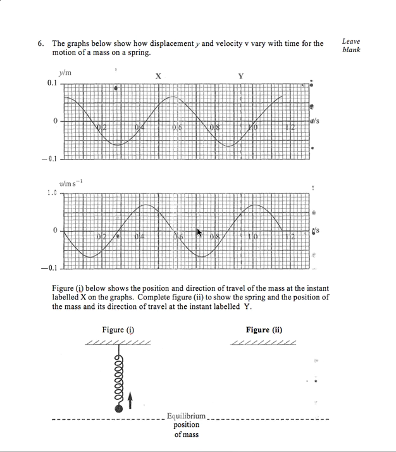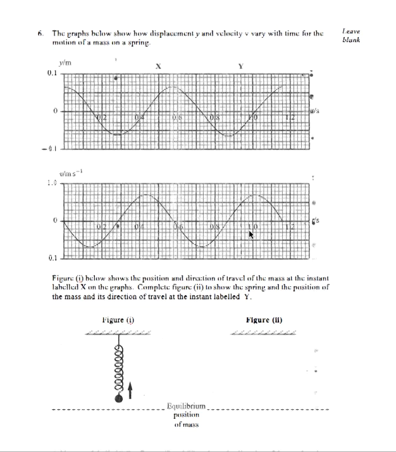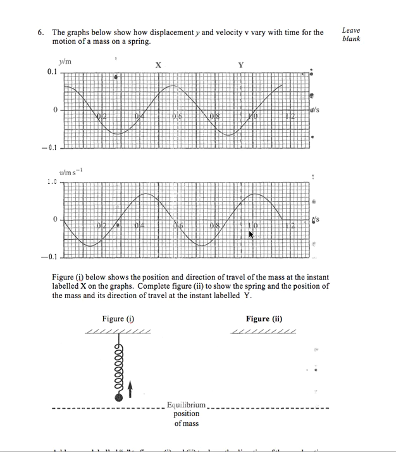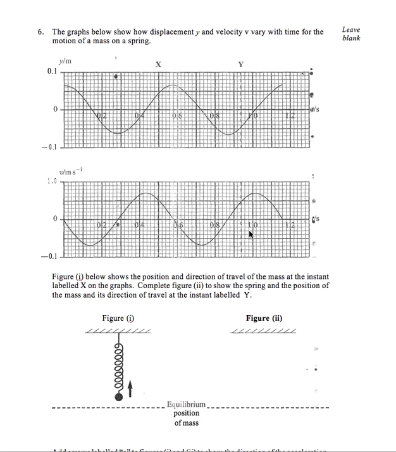Reviewing SHM basic and spring question, that's June 3, question 6. You have two graphs. Very often these graphical questions are the hardest kind of questions you get to do. So we have a graph of displacement against time, and we have a graph of velocity against time, and as you would expect, they are out of phase